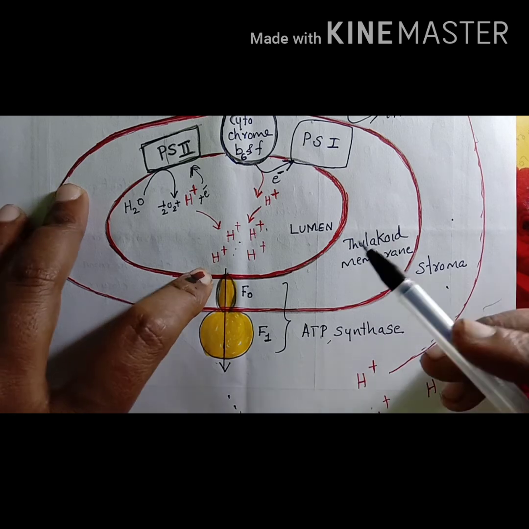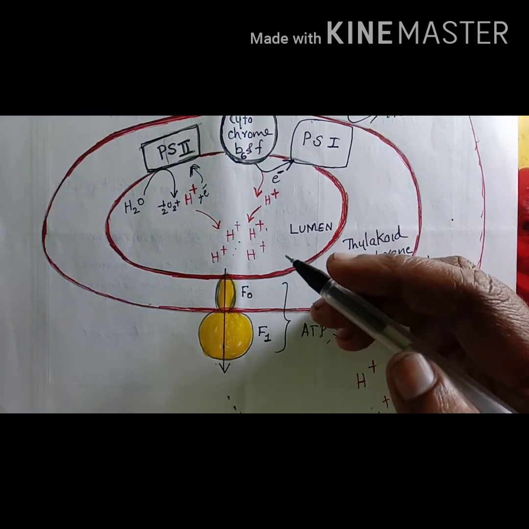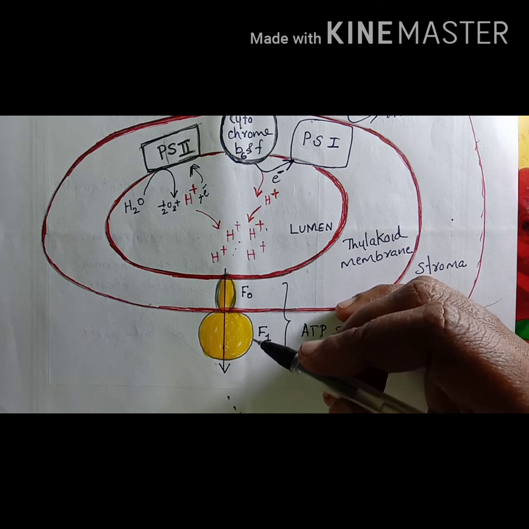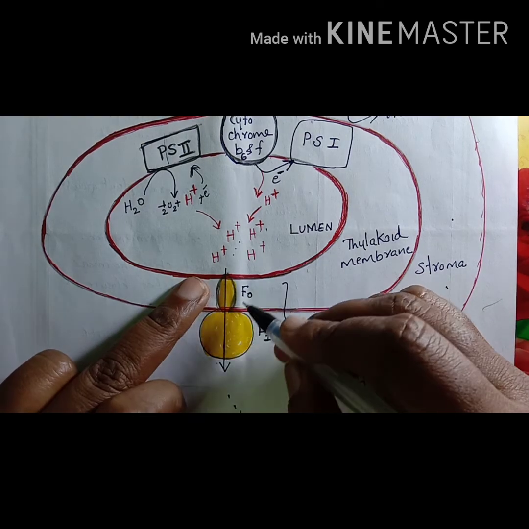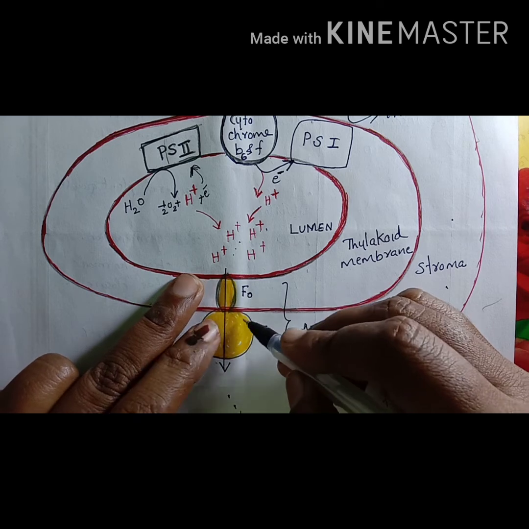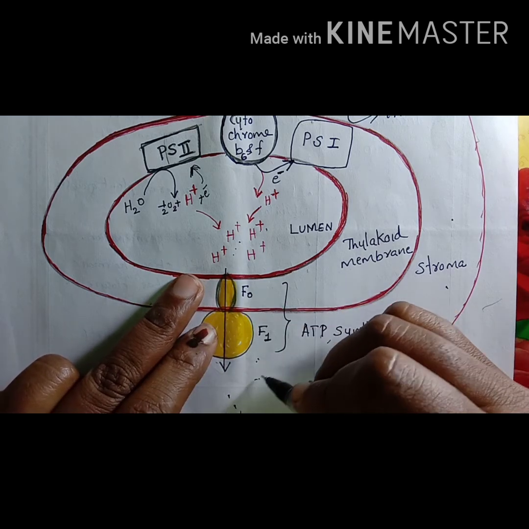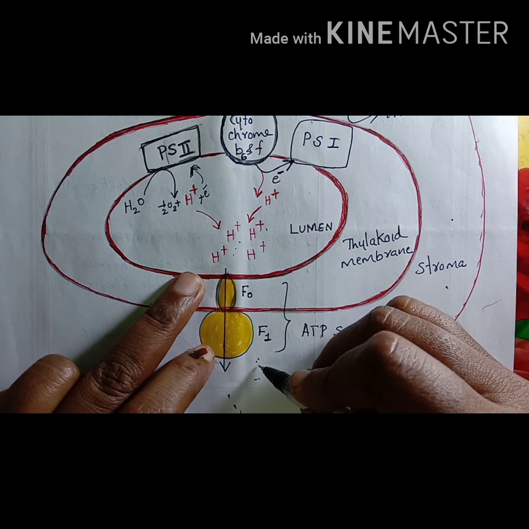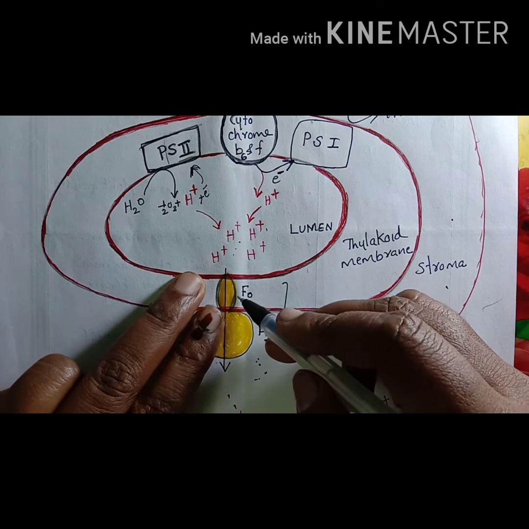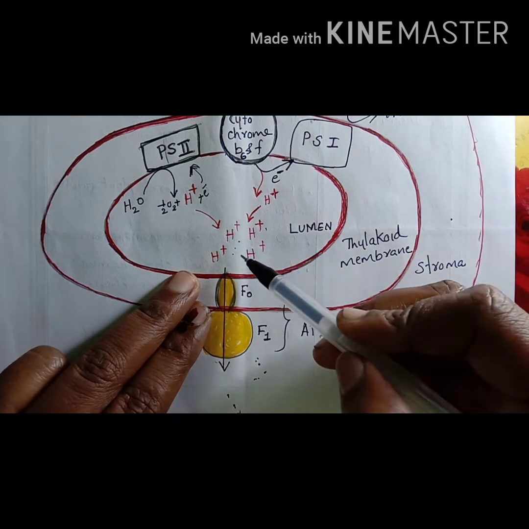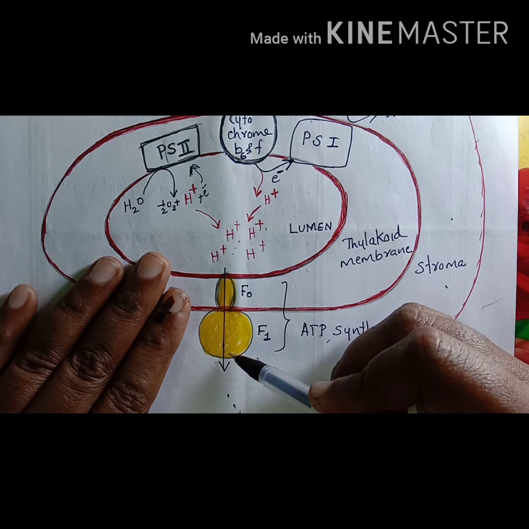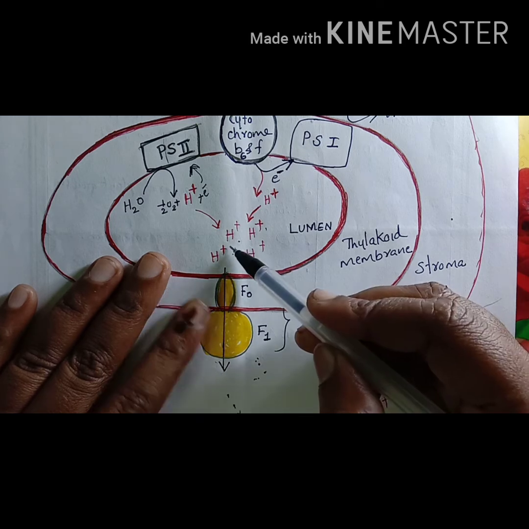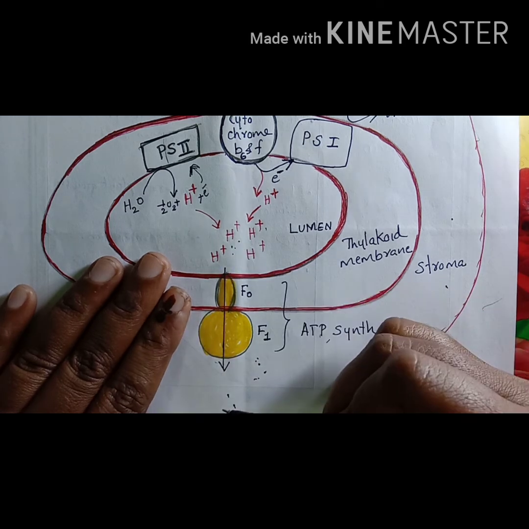ATP synthase enzyme has two portions that we can see here. There we can see an F0 portion and an F1 portion. This is the F0 portion that can be seen on the membrane of the thylakoid, and F1 is facing towards the stroma. This is the stroma portion. So the F1 region is located on the stroma region, and F0 is present on the thylakoid membrane. Through this enzyme, which acts as the membrane protein that carries the molecule, the proton begins to move from higher concentration to lower concentration.